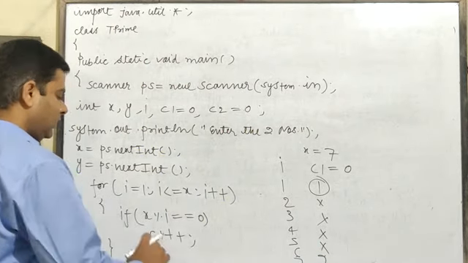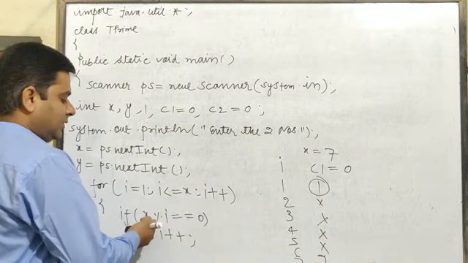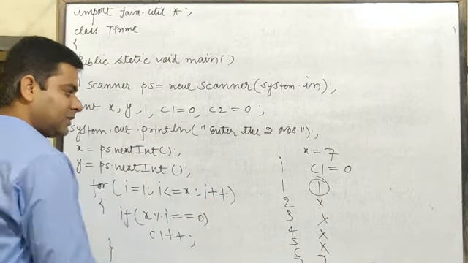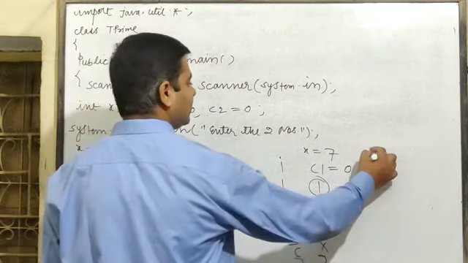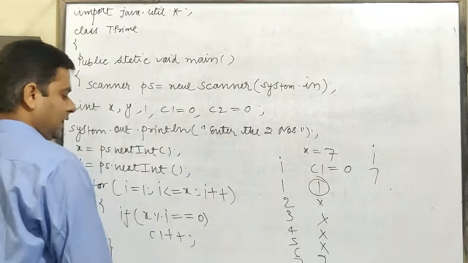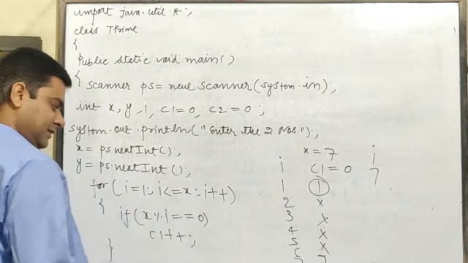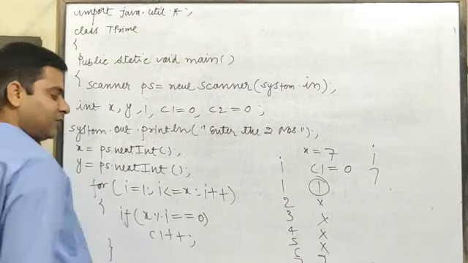So in this way, I plus plus, 8. 8 is less than 7? Condition false. Understood? Okay. So here the I plus plus explained here: 6 is less than equal to 7. So 7 minus 6 equals 0. Condition will be false. So I plus plus, 7. The value of I will be what? 7. 7 is less than equal to 7. Yes. 7 minus 7 equals 0. Condition true. The value of C1 will be increased by 1.